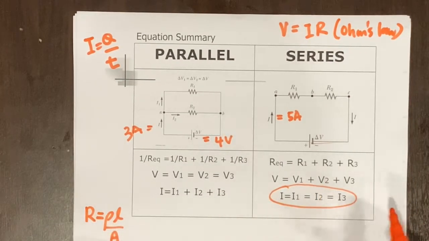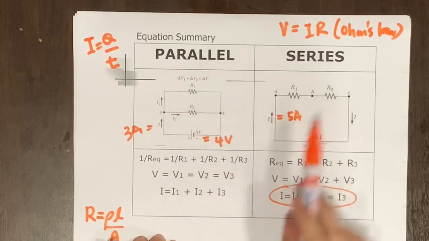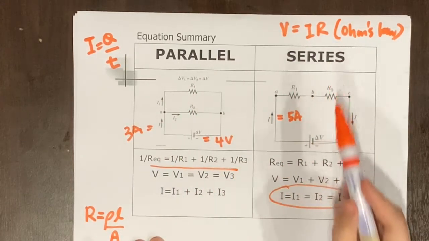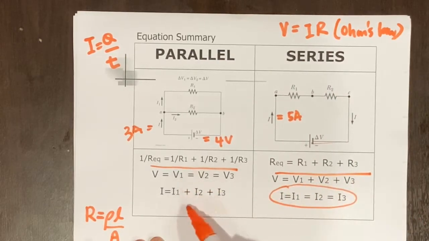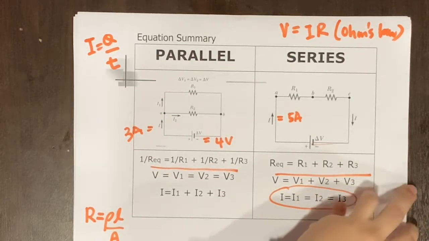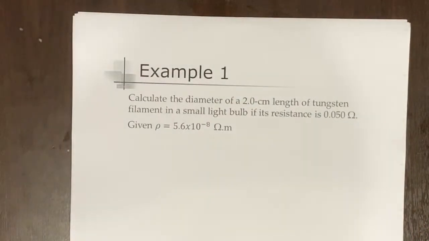In a combination of resistances, you can use the parallel and series equations. If in parallel, 1 over R total. If in series, just add all, but different voltage and current flow. Okay, now we move to example 1. Calculate the diameter of a 2 cm length of tungsten filament in a small light bulb if its resistance is 0.05